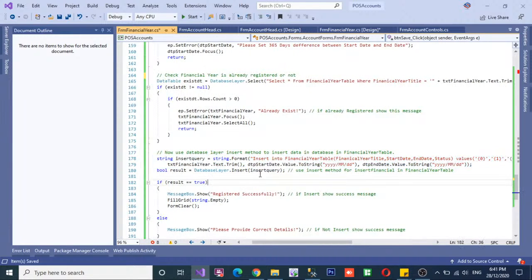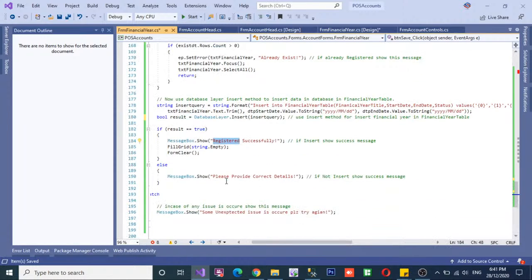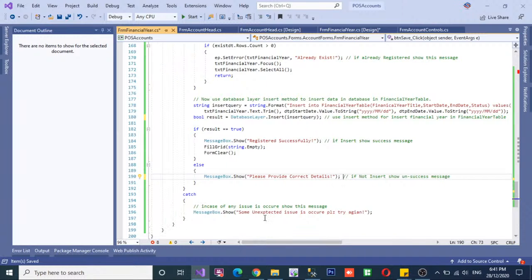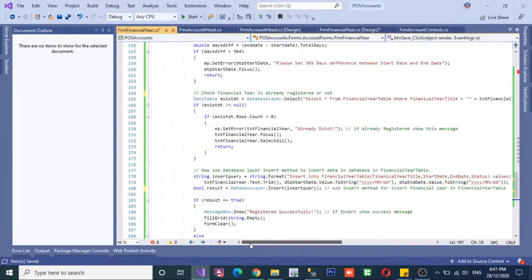So once the insert query is ready, then use the insert method for financial year and the financial year table. So if the result is true, it means registered successfully. Otherwise, please provide correct detail, and if not inserted, show unsuccess message. In case of any issues occur, show the message: some unexpected issue occur, please try again. Okay. So this is the